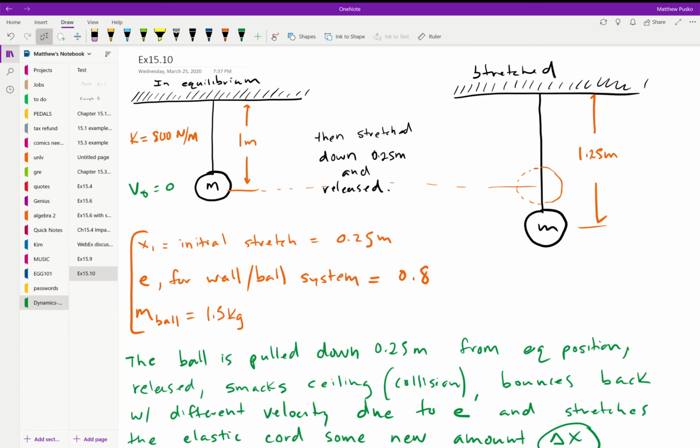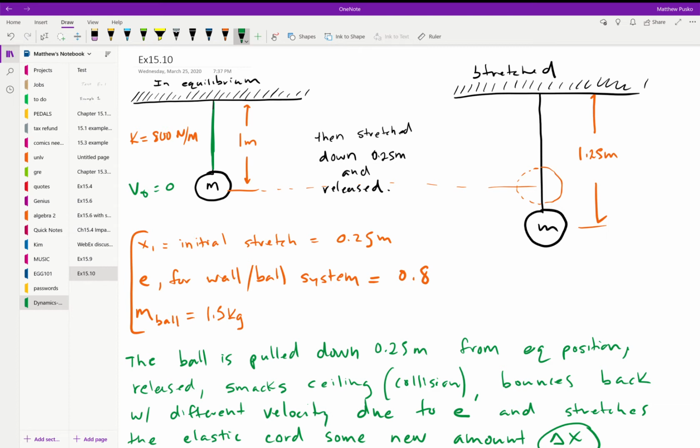Alright, I'm going to do example 15.10. So in this system we have a mass hanging from an elastic cord from the ceiling. So this thing right here is stretchy. The ball and the ceiling have a coefficient of restitution. So what's going to happen here is we're going to pull down the mass, stretching the string an additional 0.25